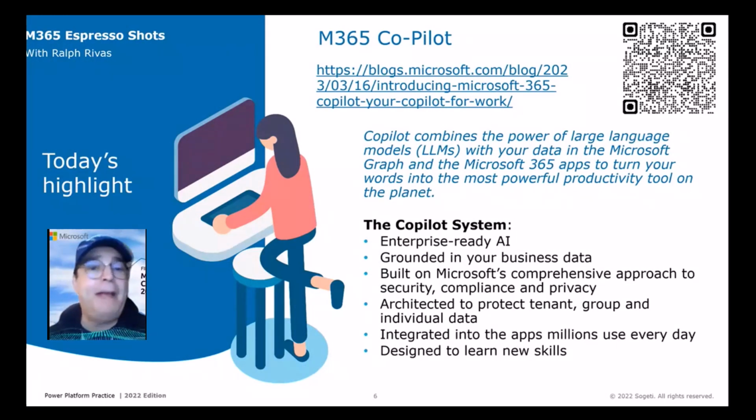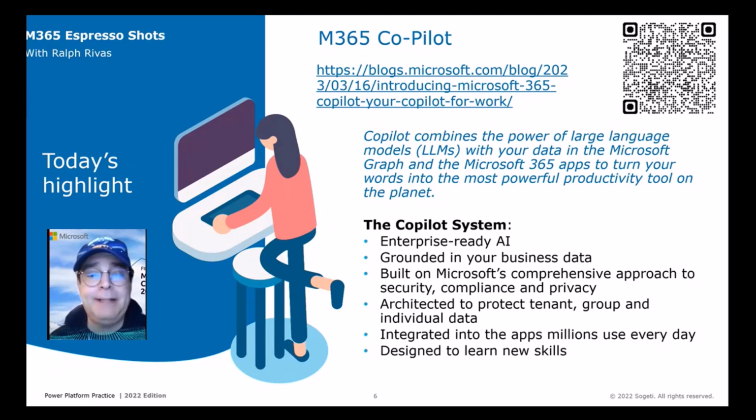Like I said, we're 5 minutes in. Let's look at this here. This is the M365 Copilot. Of all the news that's out there, I think this is the biggest one, because this brings in all the viral talk that everyone's been talking about. The ChatGPT stuff, all of that has come to a head right here in the Copilot. The Copilot combines the power of the so-called large language models. Essentially, they went from billions of pieces of information that they were getting for the search engines to do your search, to essentially trillions. They just expanded a lot of that, and that's the source for the information.